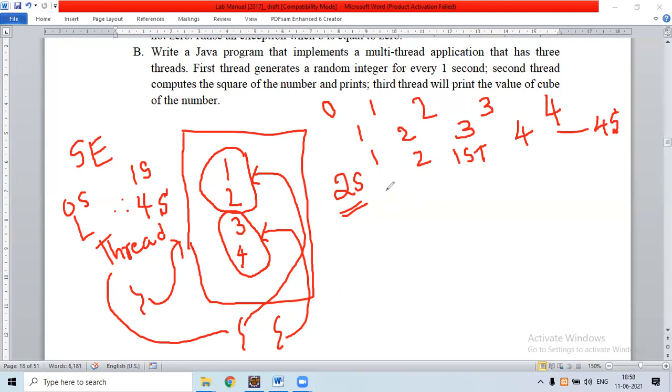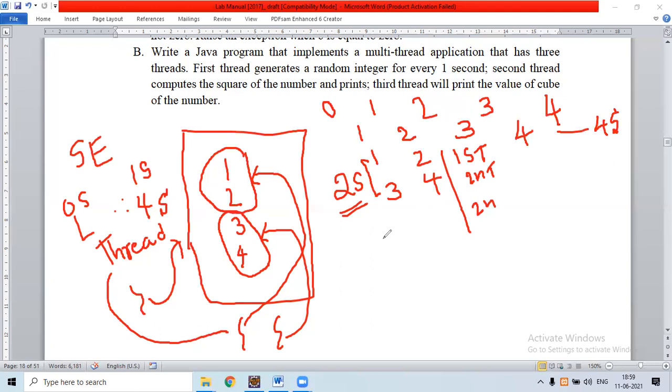Then the third instruction executes in 1st second, because here first and second threads are executed in parallel. Next the fourth instruction executes in 2nd second. So therefore, the maximum time required to complete the execution is 2 seconds.